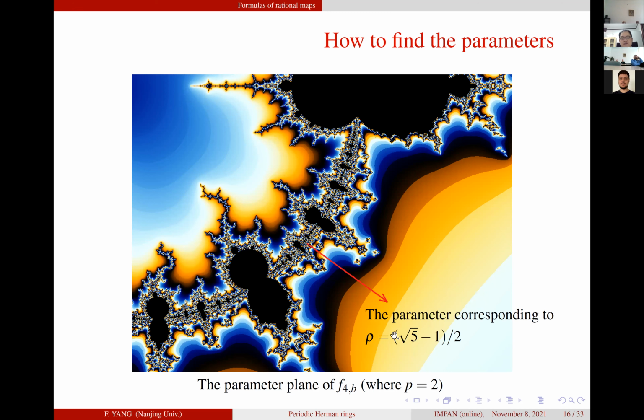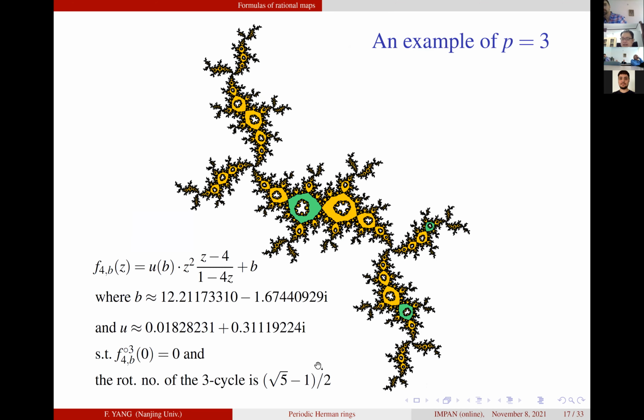If you give another rotation number, you can zoom at another place to find the parameter B. We can also find, for P equals 3, some pictures containing a Herman ring of period 3. But in this case, we cannot obtain a good formula U of B as in the case P equals 2,